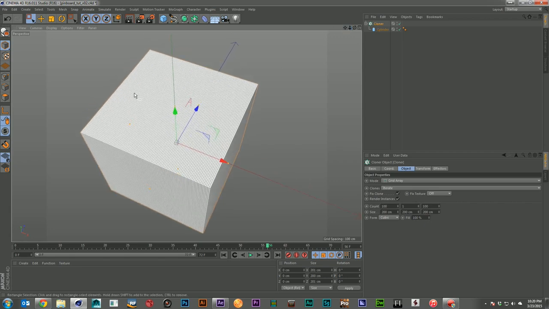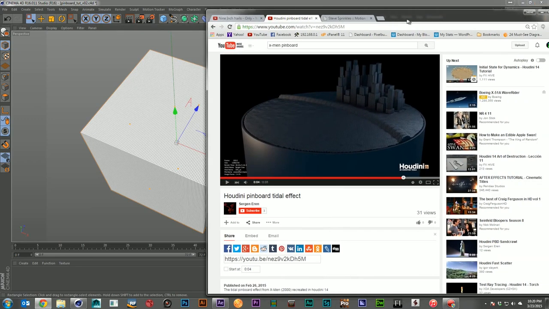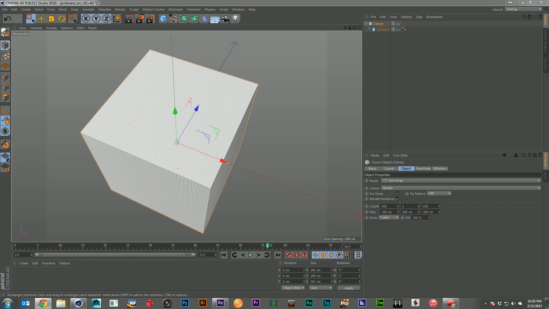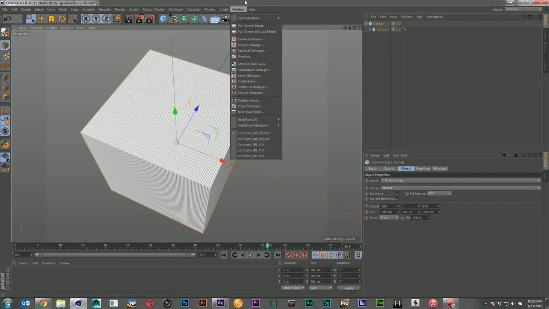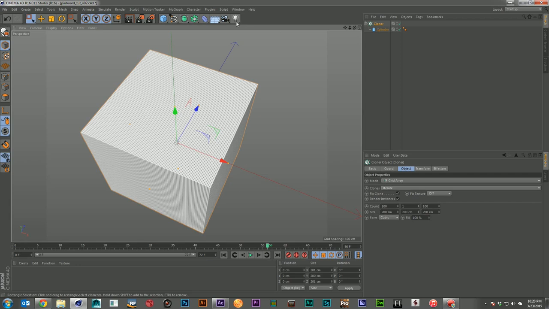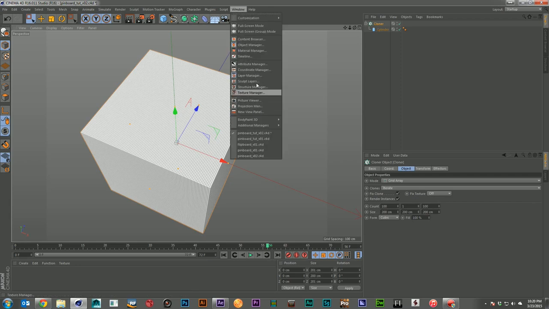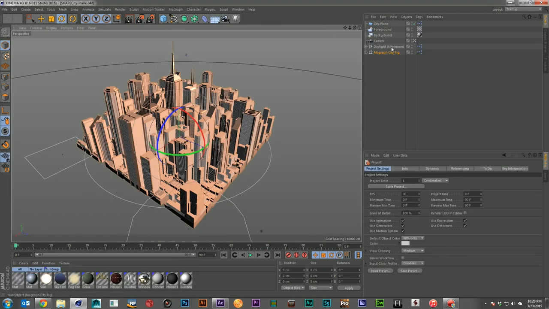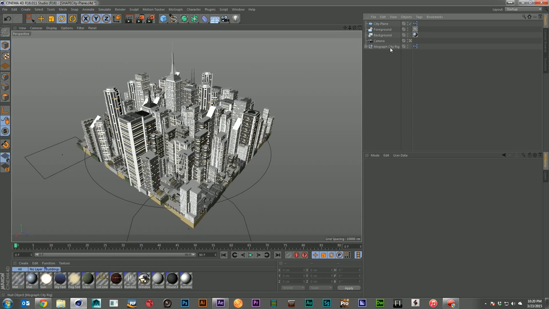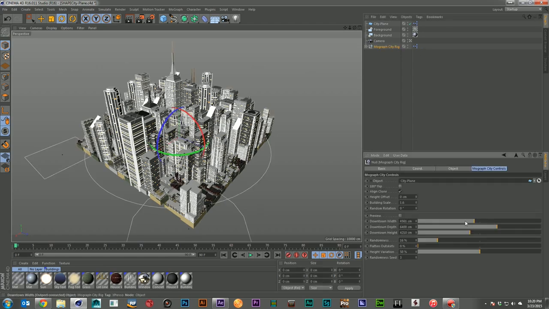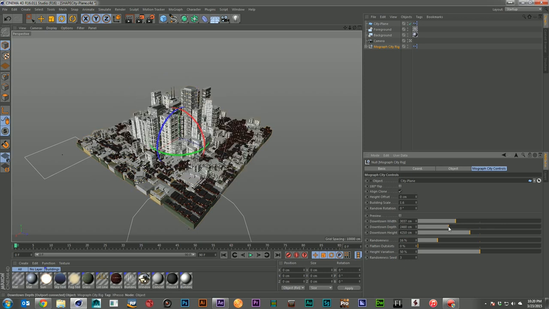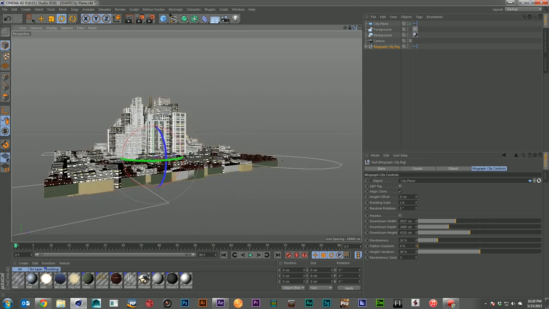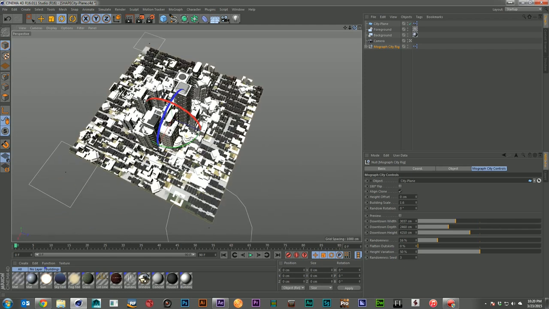And like I said, the best way to recreate this kind of an image is to use a depth map. And you can create a depth map pretty easily in Cinema. I'm going to go ahead, open up my content browser, and I'm going to go to the city kit, and I'm just going to grab a regular old city here. And I'll go ahead and get rid of the lighting effects. I don't need that. And I'll come down here and I'll just shrink down the downtown area so we just have a little more interest in highs to lows.